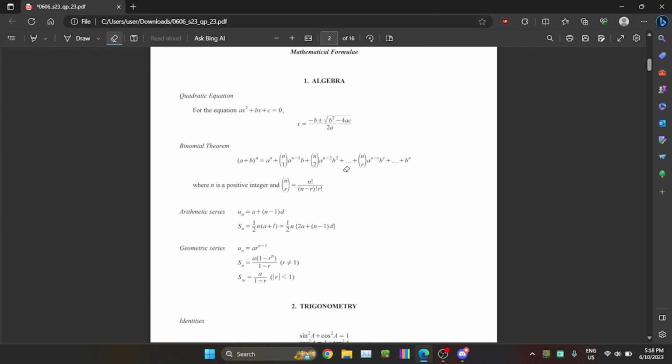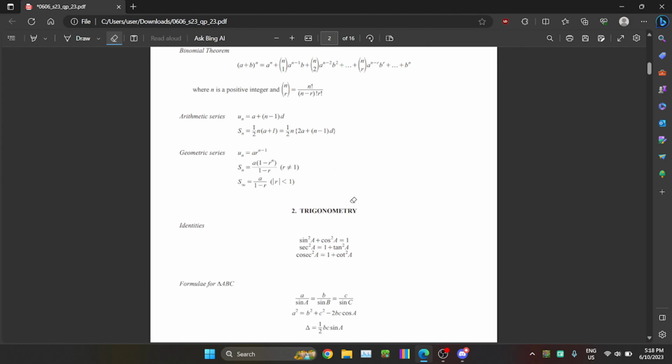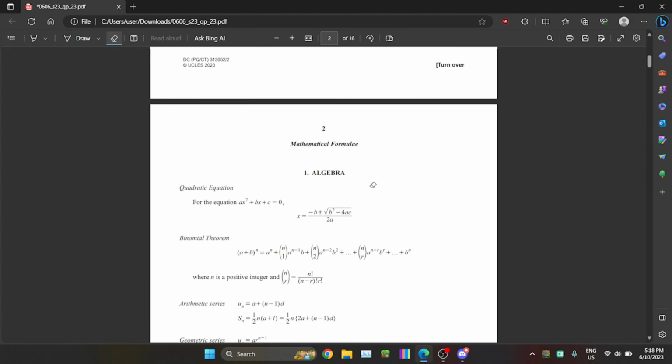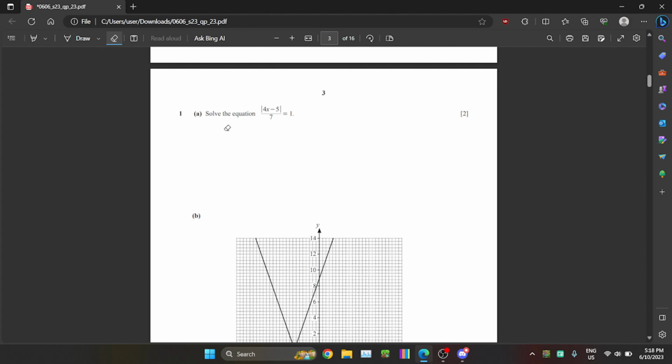They give you all the equations. A lot of people tell you to memorize this, but they actually give it to you at the front. So yeah, you can forget about all this stuff here. First question, solve the equation where this over 7 equals 1. This is actually so simple. They should actually make this 1 mark, because first you want to isolate